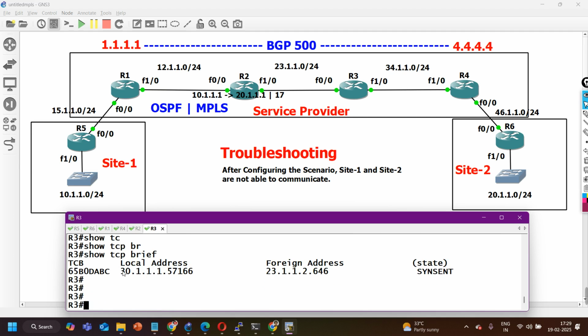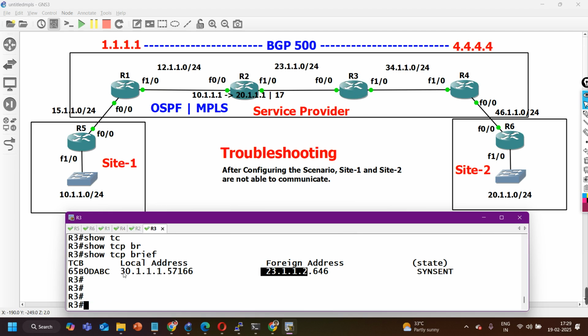Here you can see between 30.1.1.1 to 23.1.1.2. 30.1.1.1, where is 30.1.1.1? This is the issue, guys. 23.1.1.2 is fine. 23.1.1.2 is router number 2. Right? So router 3 is trying to establish a TCP connection with router number 2 at 23.1.1.2, and it is